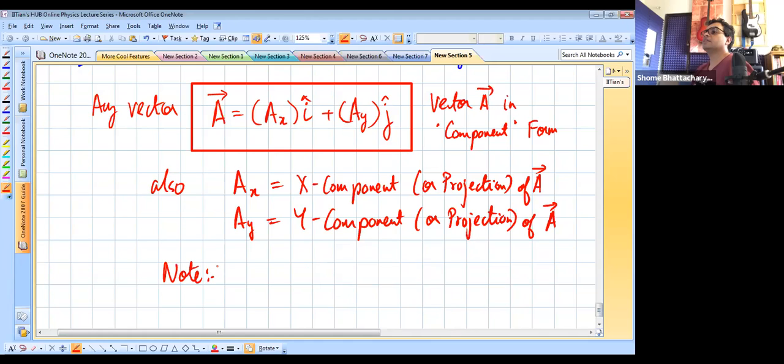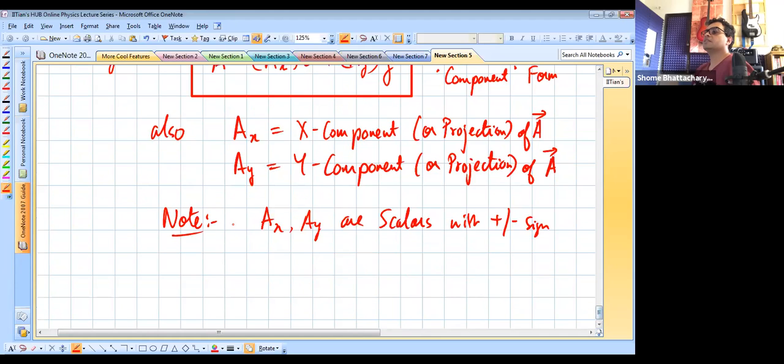are not vectors, they are scalars. But you are multiplying ax over here with a unit vector, so it's becoming a vector. Ax into I cap is a vector, but ax on its own is a scalar. Similarly, ay into j cap is a vector, but ay on its own is a scalar. So ax and ay are scalars, okay, with either positive or negative sign. They have algebraic sign, but they are scalar quantities. Okay. Whereas